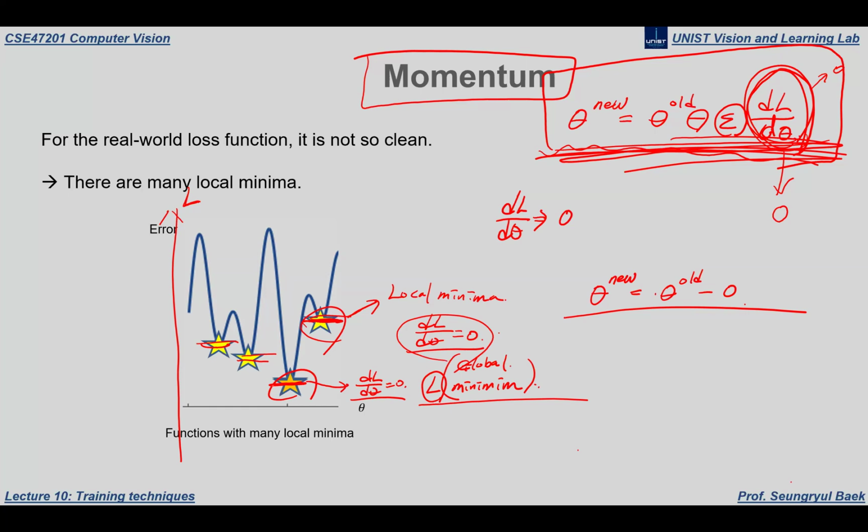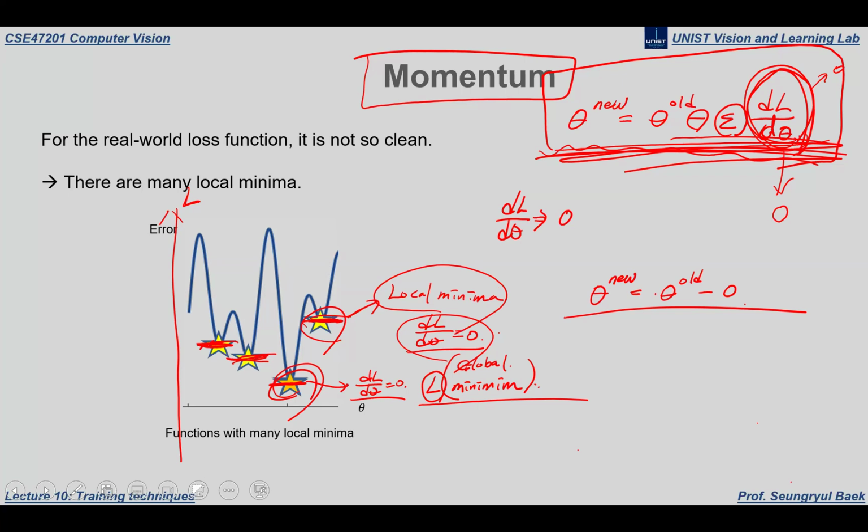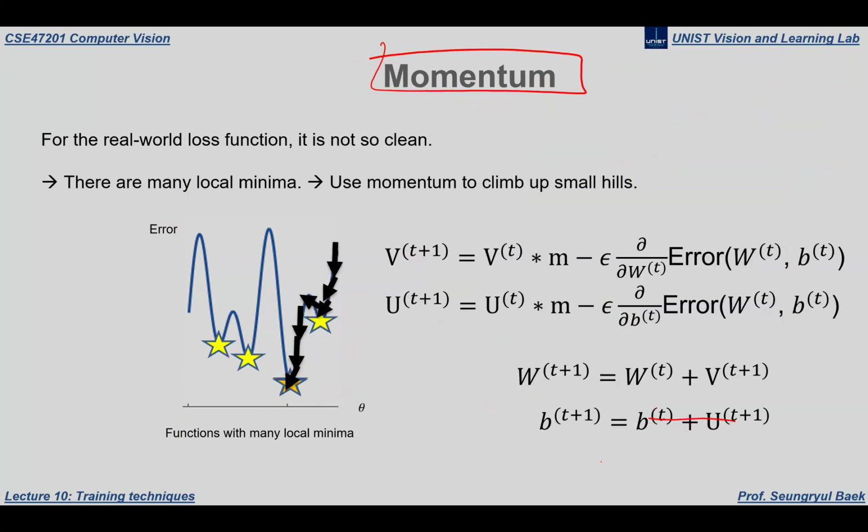Okay, so one important challenge when using this gradient descent algorithm is that sometimes our optimizer can stop in a local minimum. Okay, we want to avoid that situation, wanting to reach the global minimum. So momentum is proposed to avoid this type of local minimum situation. And what they do is